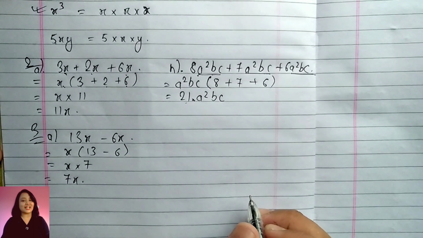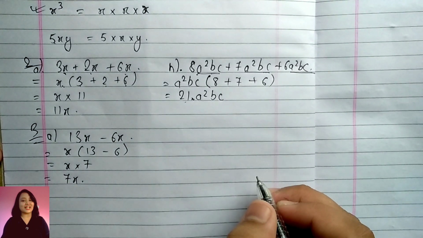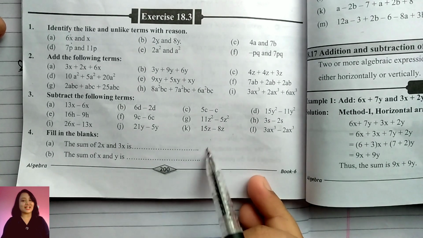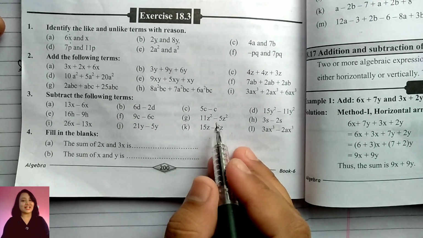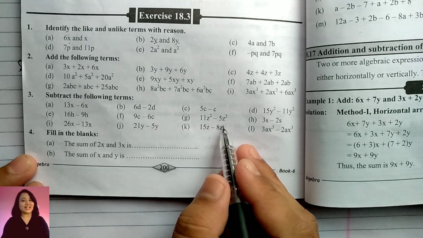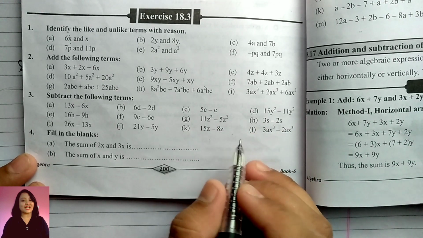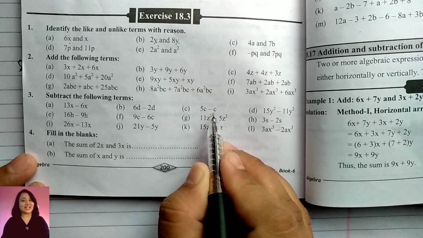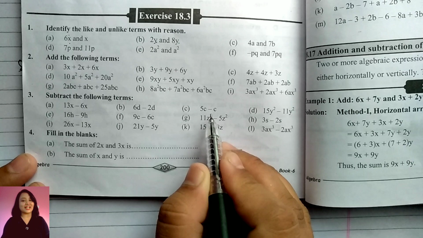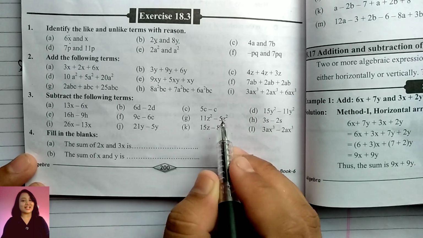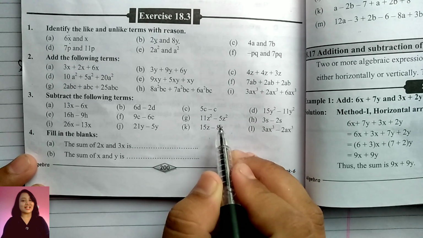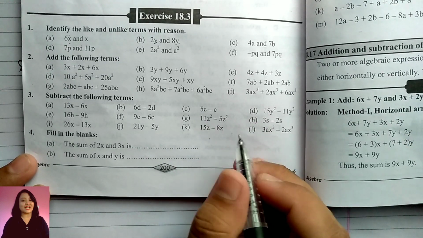Like that, we can do all the questions of number 3 also. In all the questions of number 3, the same pattern is given. That is, if there is z square, then here is also z square. So everything is common. And if only c is given, then the coefficient is 1. We have to understand that the coefficient is 1. So c will be taken common, then 5 minus 1 equal to 4. So 4c will be the answer.